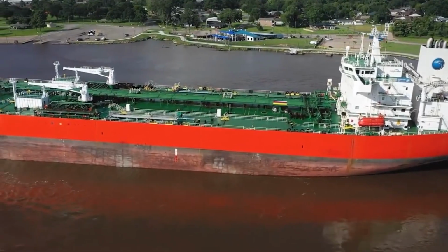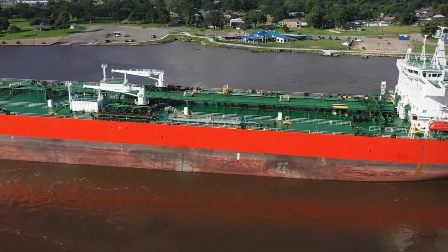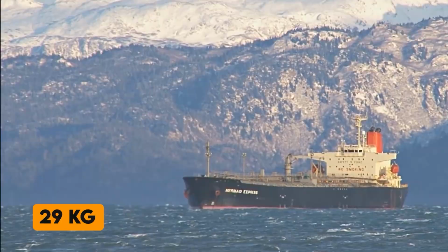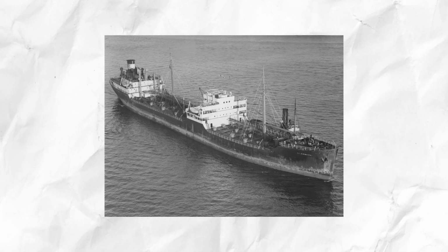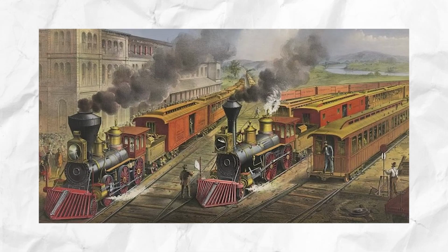However, there were some problems with shipping in barrels. The first problem was weight. It weighs 29 kilograms, which is 20% of the total weight of the full barrel. Other issues with barrels were cost, their tendency to leak, and the fact that they were generally used only once. The cost was substantial. For example, in the early days of the Russian oil industry, barrels accounted for half the